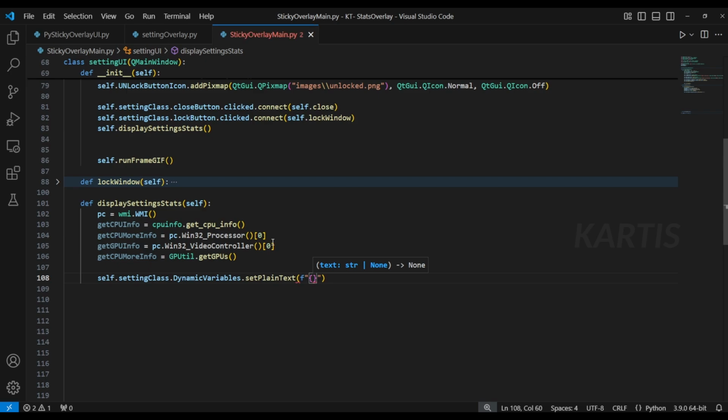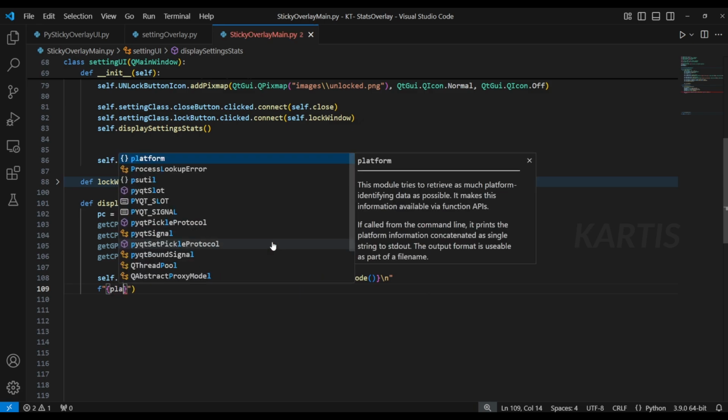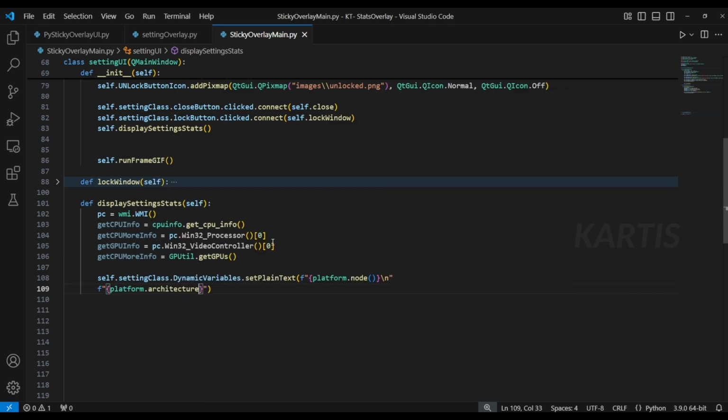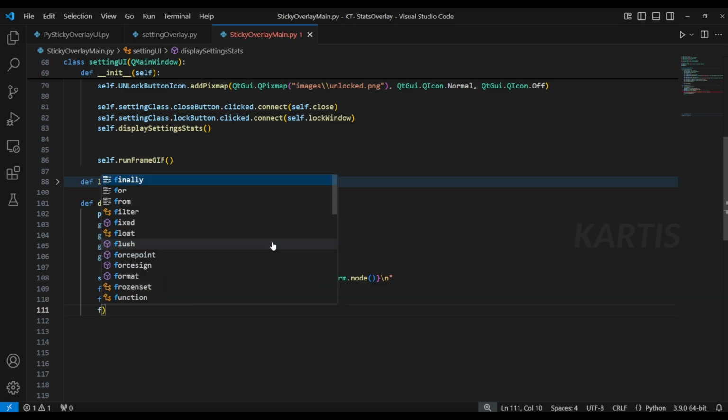So I'm gonna do first the platform.node, which gives me the computer's network name with the bracket, and I'll go to the second line by \n, and I'll go with the F query again, double quotes. Now I'm gonna do platform.architecture, the colon, again with the \n. I'm going to the next line, F bracket platform.platform with the bracket with the \n, and you can